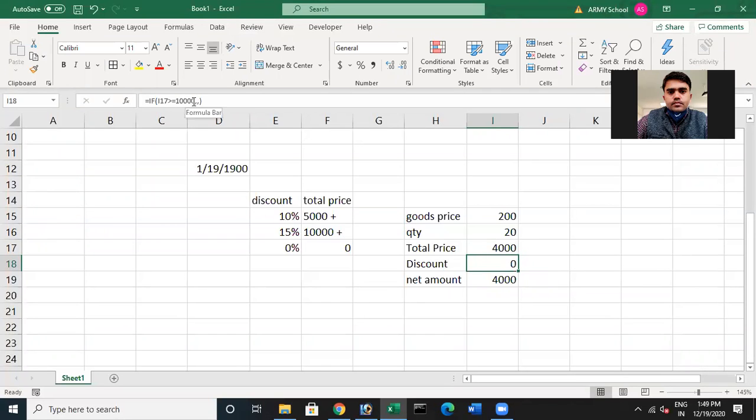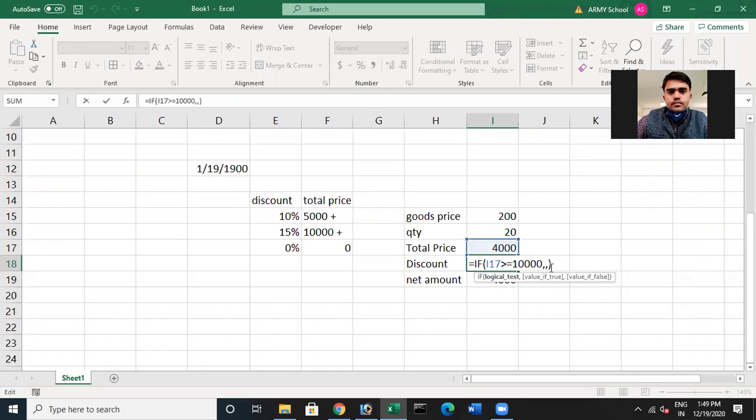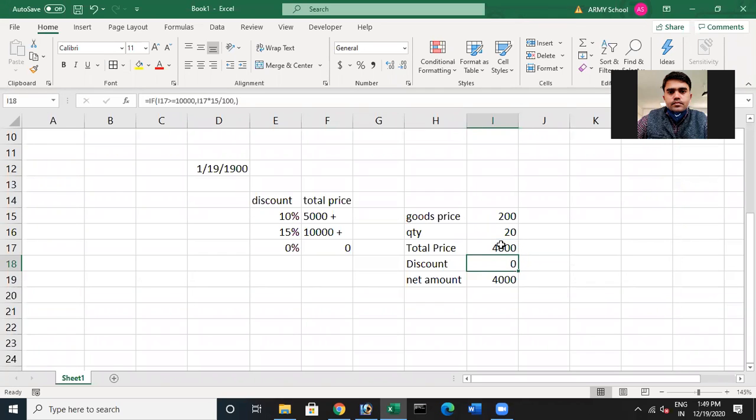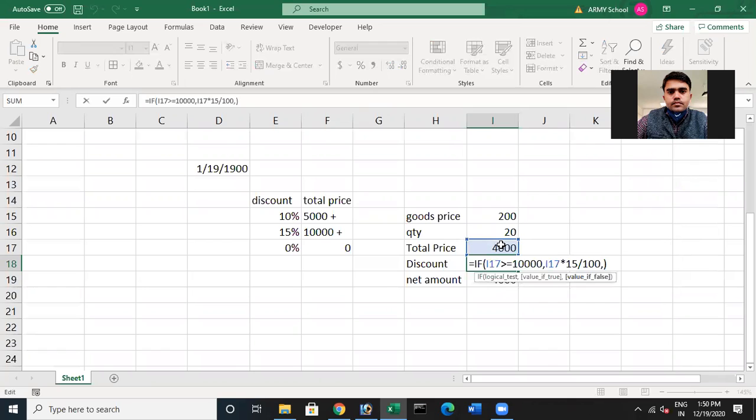तो उस केस में सबसे पहले, after this comma sign, तो यहां पे हम देंगे I17 multiplied by 15 divided by 100. So this will be returned in that case if the value is greater than 10,000. Now, for the rest of the values, we need to give another if statement. So at that time, I am writing another if in the else part, and then the condition would be I17